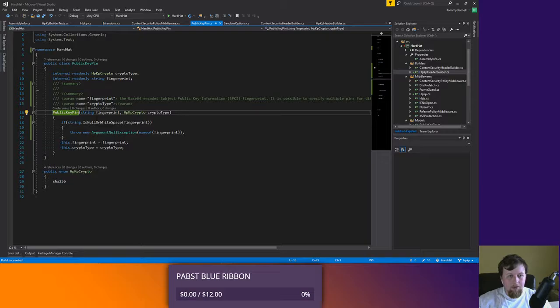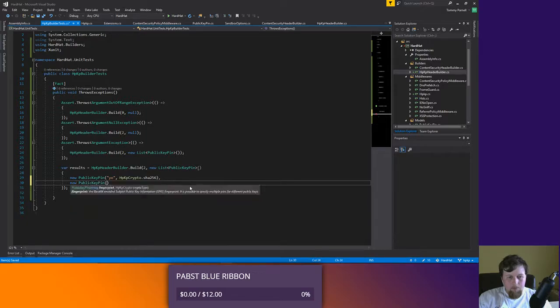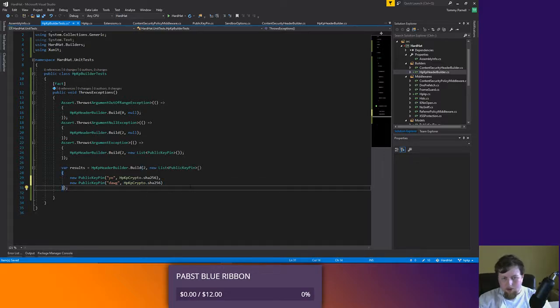Oh, this needs to be a public constructor, maybe? Nice. Okay, and then let's just add everything. Include subdomains as true. Report URI is /awesome. Okay, so in theory,